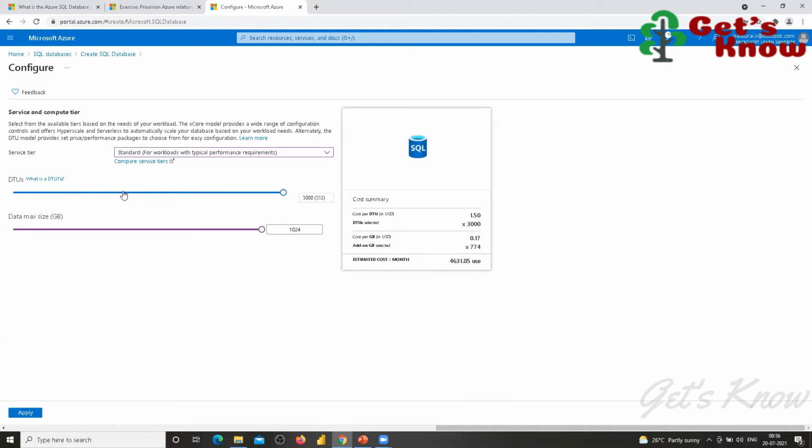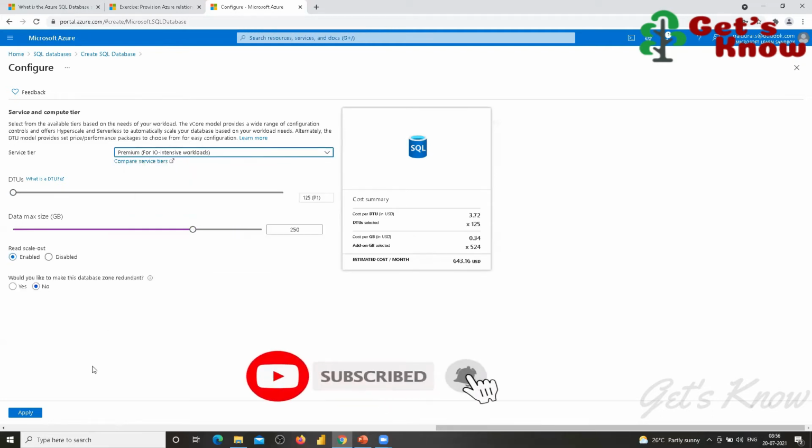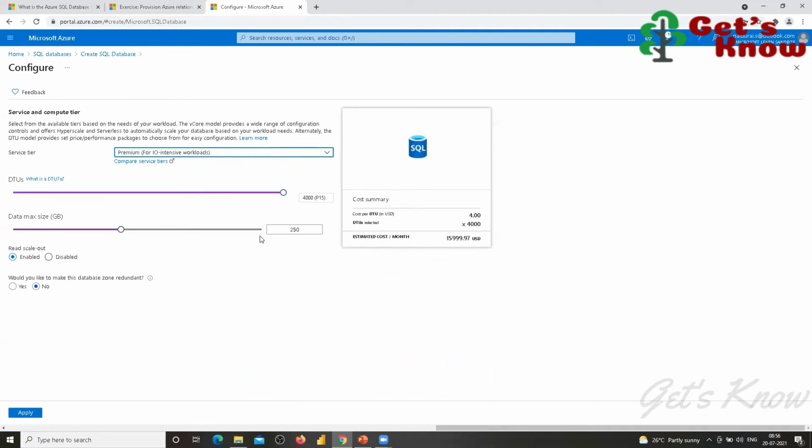Everything is decided by selecting the DTU model, what type of DTU model you are going to select. Up to 1 TB data storage and up to 3000 DTU selection is available in the Standard model in the DTU, right? Yes. In the same way, if you select Premium, it goes up to 4096 GB, but the cost will increase to 16,000 US dollars.